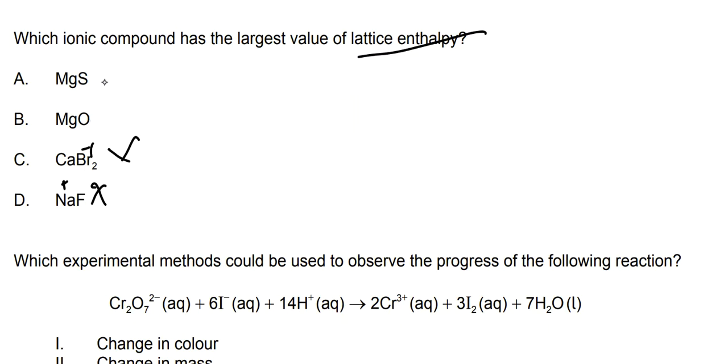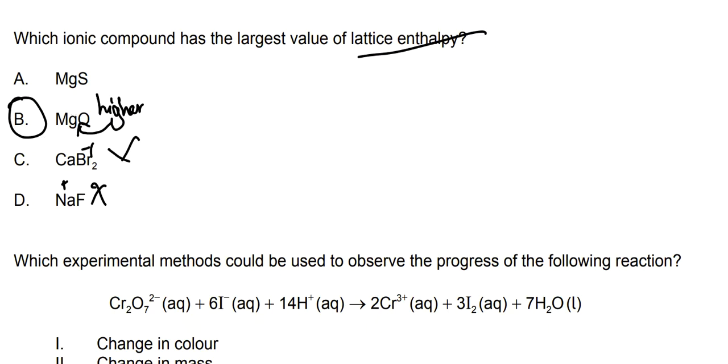So oxygen, having the high electronegativity in the anion of these compounds, means that the electronegativity difference is going to be higher for this one than this one. So overall, this one is going to be the stronger compound. Because it's a stronger compound, when we split the lattice, this one's going to require more energy,